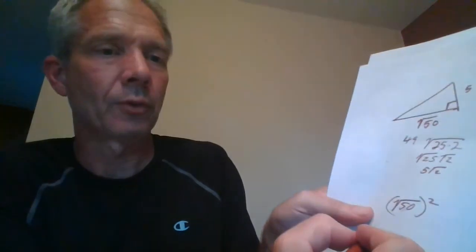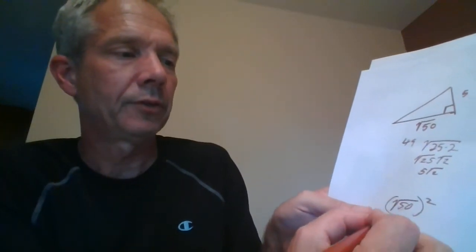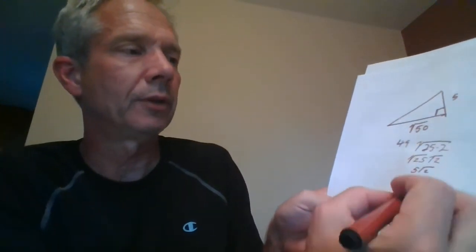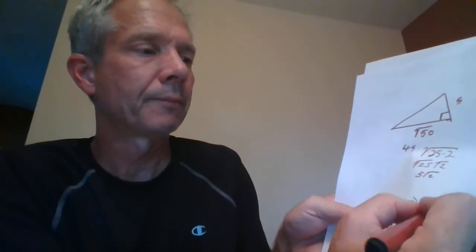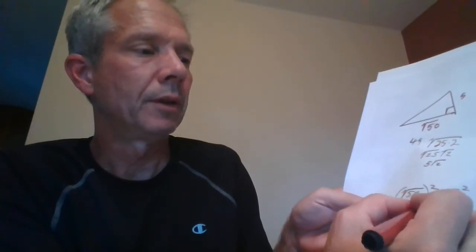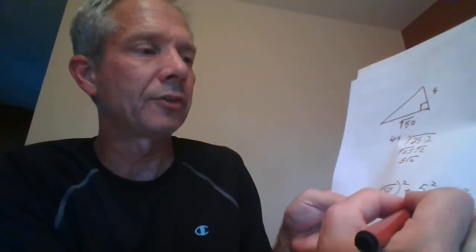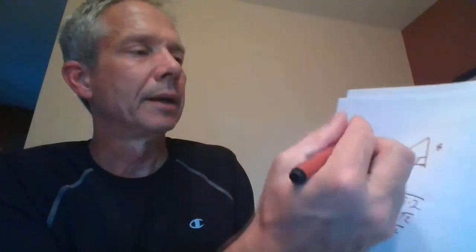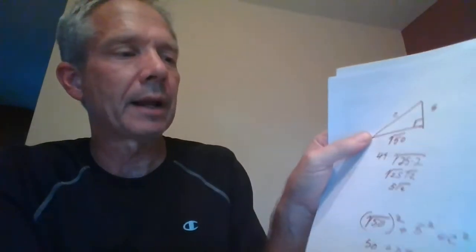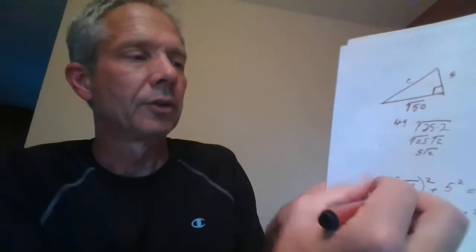We're going to say square root of 50 squared. This is actually an easy problem to do. Square root of 50 squared is 50, because if you take the square root of something and then square it, you get the original number. So that's super easy. Plus 5 squared is 25. And we know it has to equal that third side squared, whatever I want to call it. A, B, no, I can't call it A or B. X, C, whatever it is. The hypotenuse has got to be that. So I get 75